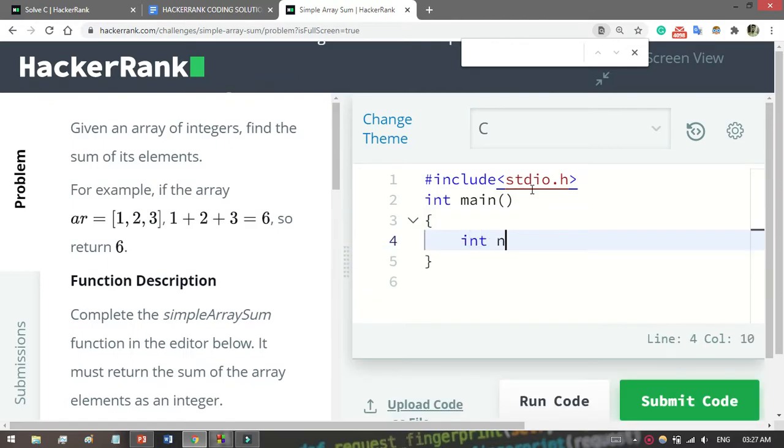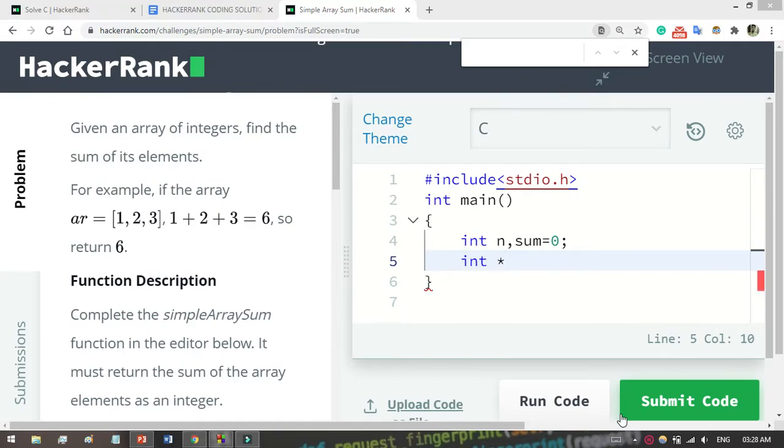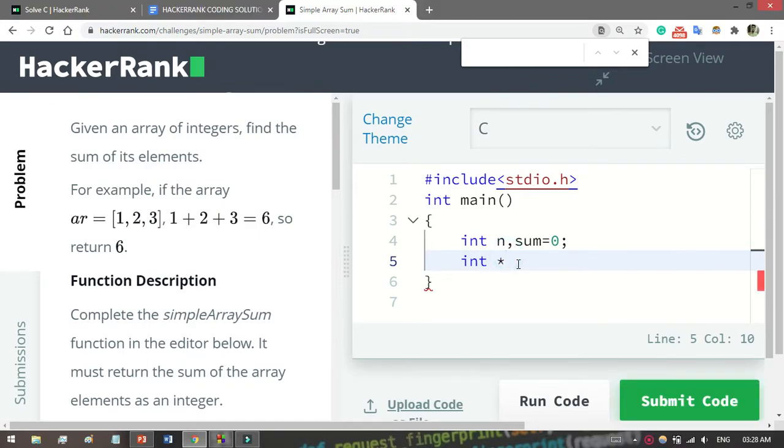Then define int and then define sum, where we will store all the sum of the array. So here a pointer is required. We use dynamic memory allocation so that it will be easier to input and it will allocate memory at runtime.